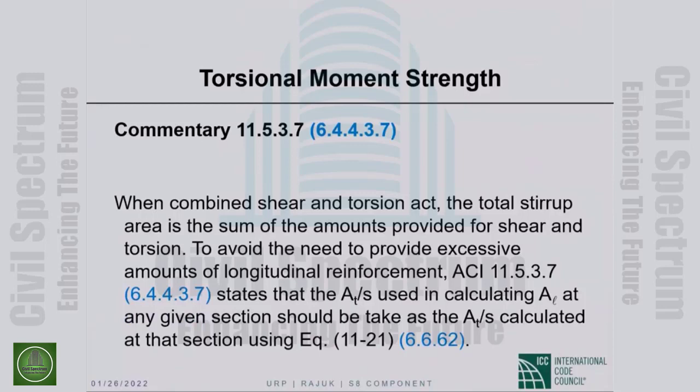When combined shear and torsion act, which is typically the case, the total stirrup area, they're calling it stirrup, but it is closed transverse reinforcement, is the sum of the amounts provided for shear and torsion. To avoid the need to provide excessive amounts of longitudinal reinforcement, ACI states that the A sub TS used in calculating A sub L at any given section should be